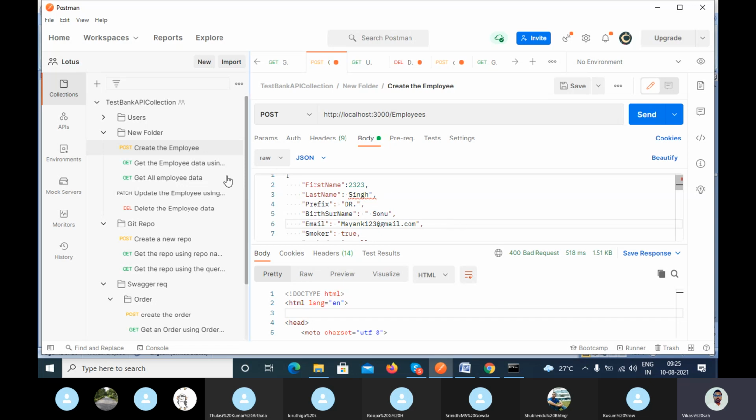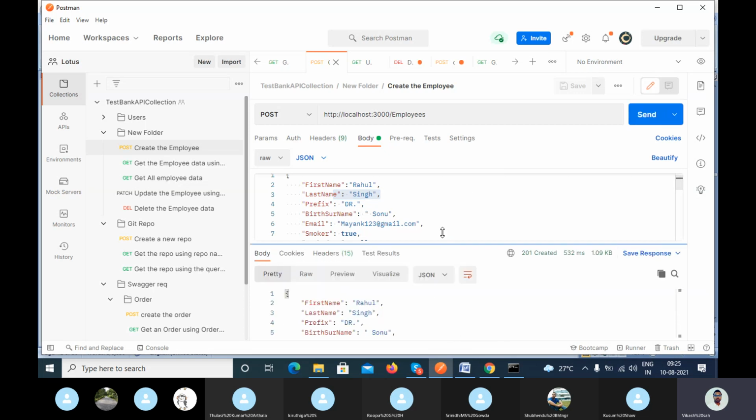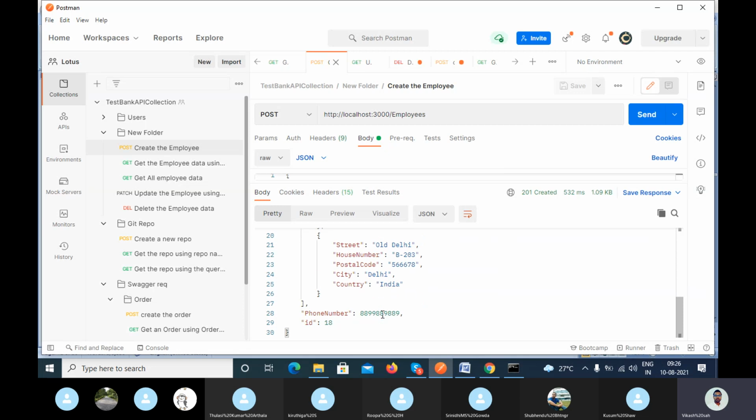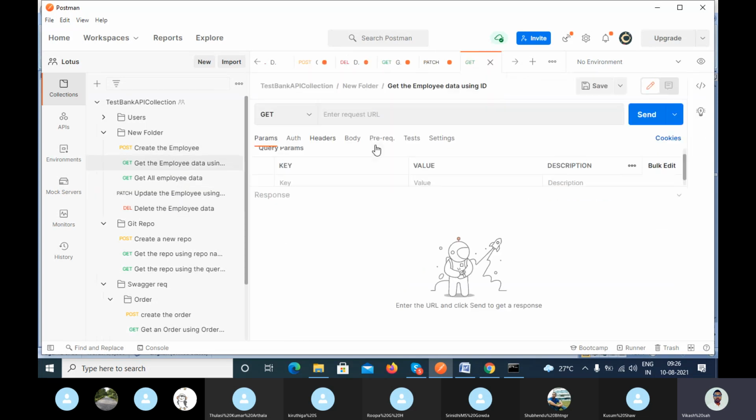Okay, let's see it here. So here I have created one data. The first name is Rahul, the last name is Singh, and let's try to create. I have created this data and the ID is 18. So let's suppose the ID is 18, and you are trying to get the data, but by mistake you pass something like 199.